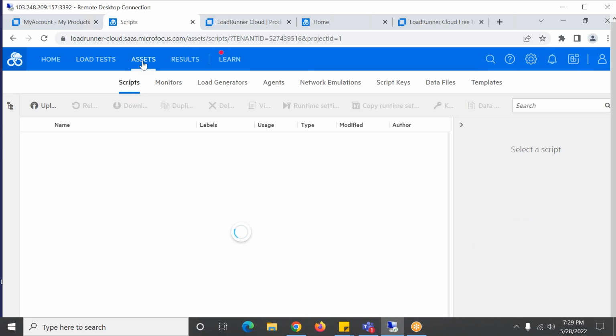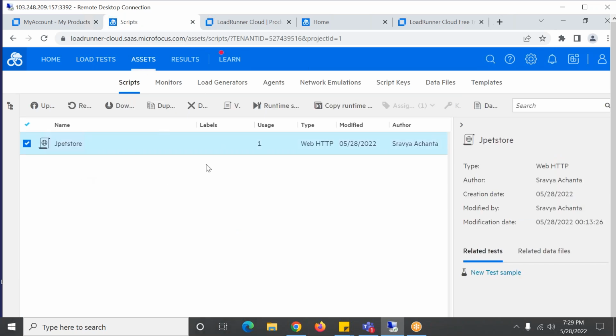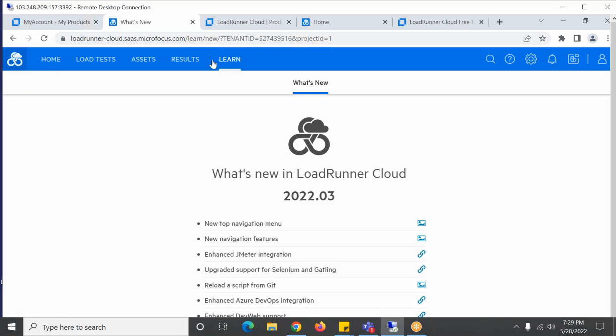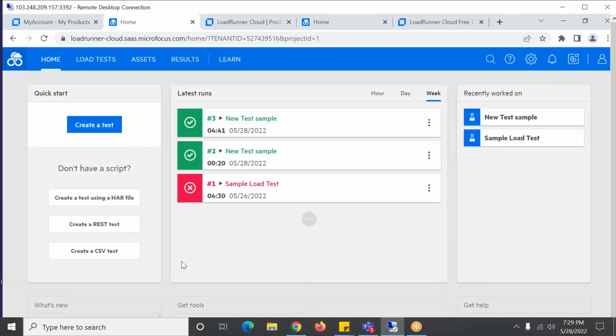This is where you can connect your assets. As I told, other than the cloud, our own load generators can be connected here, and the results as well. I'm going to navigate everything, and you can ask me if you have any doubt in between. If you're recording your script in Fiddler, you can use the HAR file and CSV test. It has different things.